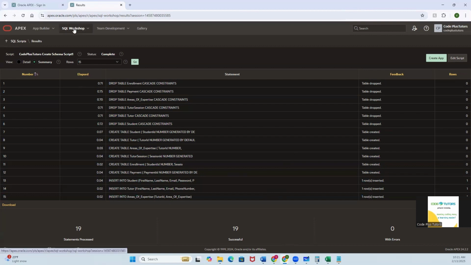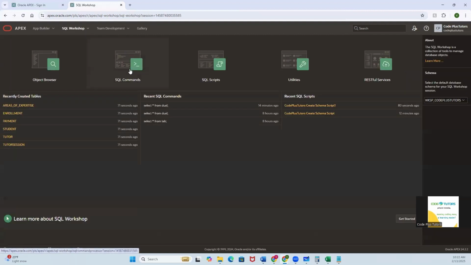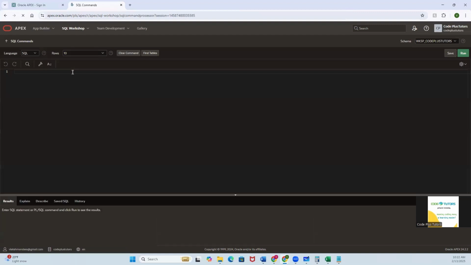Now what we could do is go back to the SQL workshop and we could see that we have enrollment, payment, areas of expertise, tutor session, tutor and student. Correct? So let us go to the SQL workshop. Let's go to the SQL commands. And here, let us try to do,